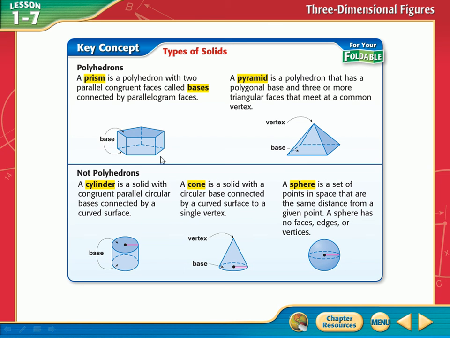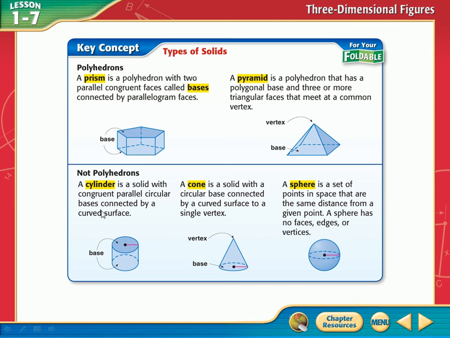Look at the faces on this one. What shape are all the faces? They were all rectangles on a prism. What are all the faces on a pyramid, though? They're all triangles. And it doesn't matter if you have a triangular base, a quadrilateral base, a pentagonal base. It doesn't matter. All the faces are going to be triangles. Okay? That's a pyramid. So we got to know what these things are first before we figure out equations to find area and all that other kind of stuff. That's what we're doing.